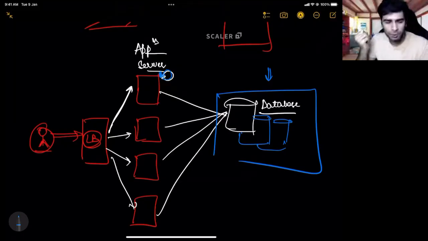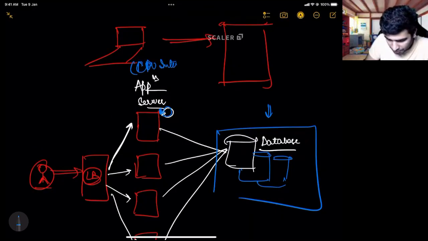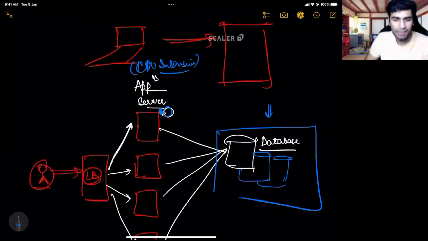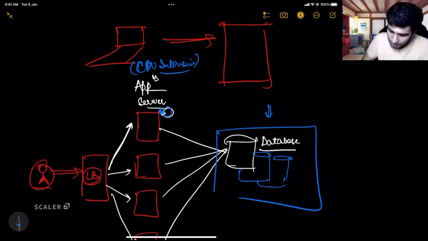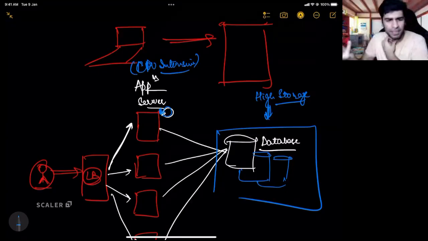Now, why might you do that? The reason for having a separate machine for a database might be that the application servers might be CPU intensive. You might build application servers with high CPU, whereas databases might be high storage systems. So that is why you try to have specialized machines for specialized operations. Clear, Maruti? Okay. Yes, the app server is the backend.